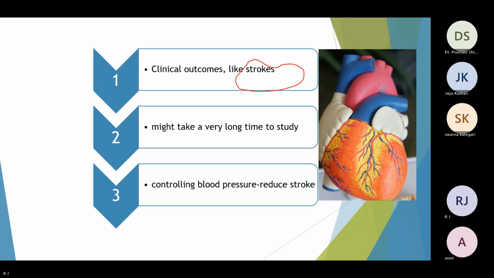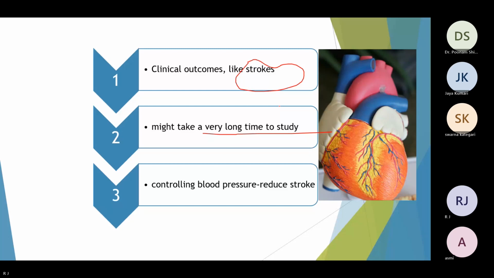Or the primary endpoint will take a very long time to study. For example, our primary endpoint may be whether our drug can reduce the risk of cancer in the next 2 decades or not. How will we determine that? Okay, it's very difficult, right? Instead of that, we can determine whether our drug is going to increase the